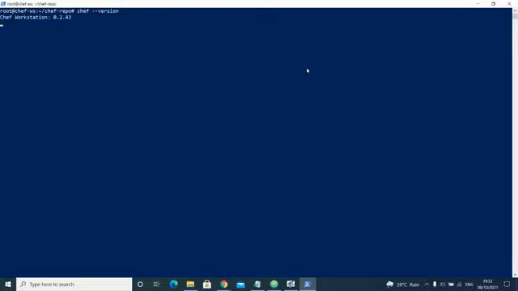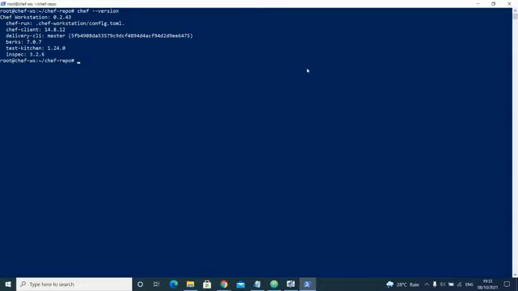Okay, you can see Chef is installed, and also you can check whether knife is installed or not. So knife is nothing but the CLI for Chef. So knife --version, and if everything is fine, all good it will be. Yes, okay, so everything is fine.